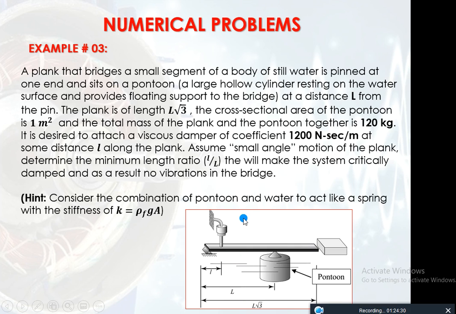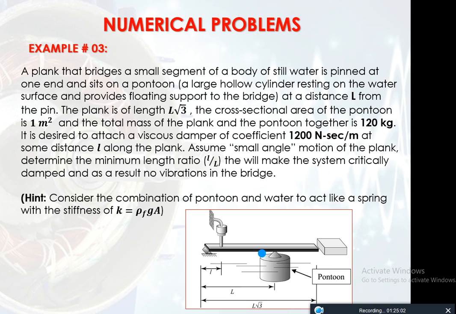First of all, we have to solve this whole numerical. For example, it was mentioned that we have to give a small angular displacement, and when we give a small angular displacement to this bridge, then it will possibly try to vibrate. So the vibration behavior of the system can be easily predicted by using the equation of motion. So first of all, we need to derive the equation of motion for this system.